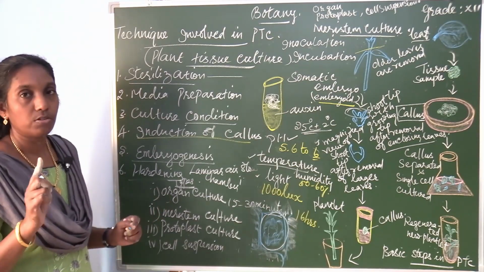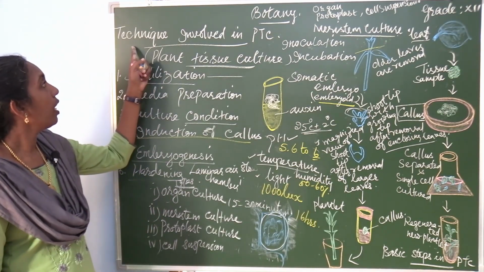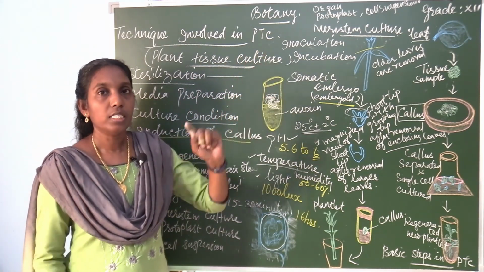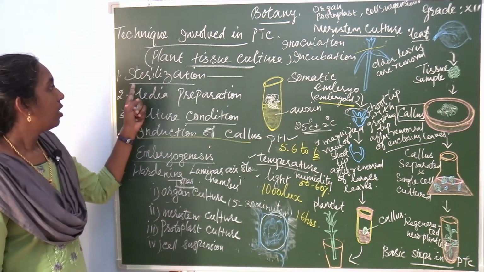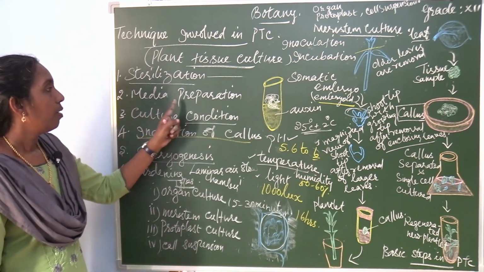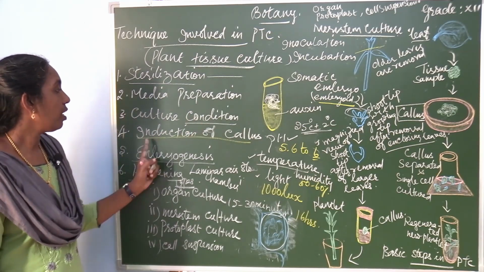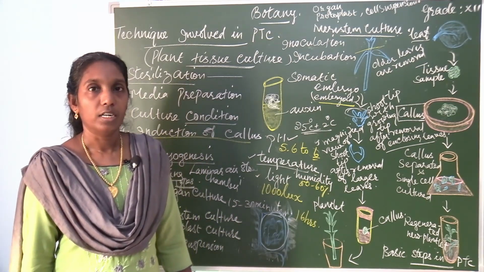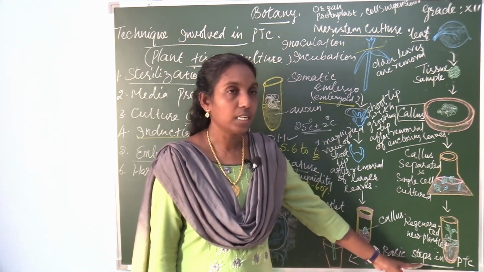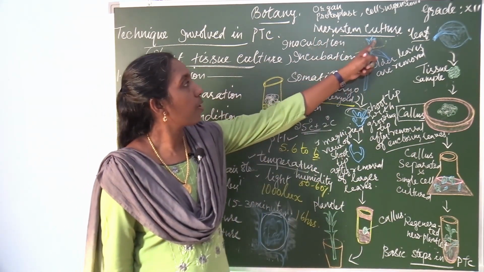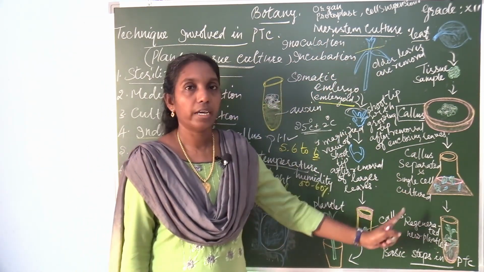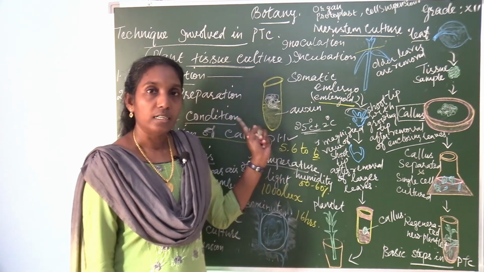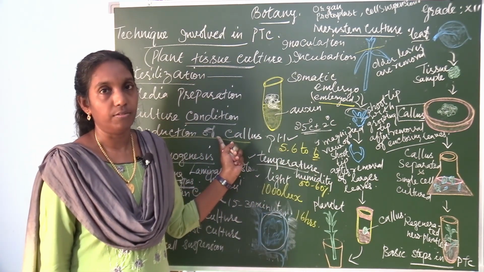Today the question you are going to learn is a 5 mark question, a very important question: techniques involved in plant tissue culture. There are only 6 steps. What are the different steps? Review this: sterilization, media preparation, culture condition, induction of callus, embryogenesis and hardening. So learn this question, and draw this diagram in the class note, which is the example for meristem culture. Draw these 2 diagrams in the class note, maintain the class note and learn this question. Prepare well daily. Thank you.